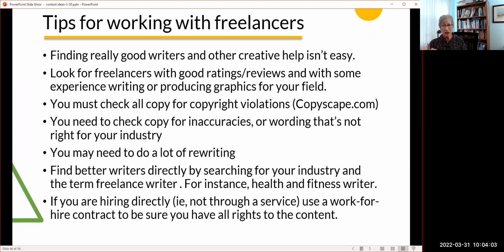One, and I think I have this somewhere on the screen here. One of the things I've done is I've taken the topic information I want to have somebody write something about, say financial information, or in one case we had somebody write about Bitcoin, and I searched for the term I wanted to write stories about and the word freelancer and found names of freelancers that wrote about those subjects. Then I went to their site and talked to them and saw what they wrote and eventually hired them.